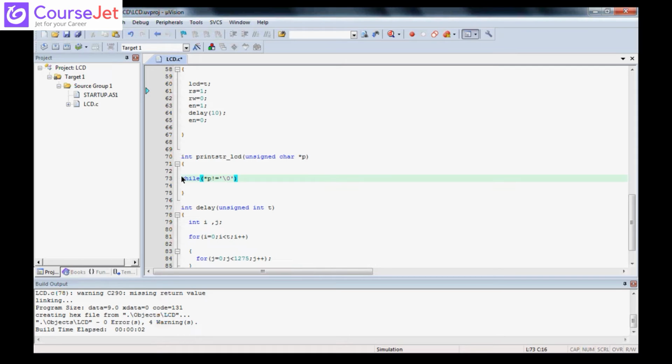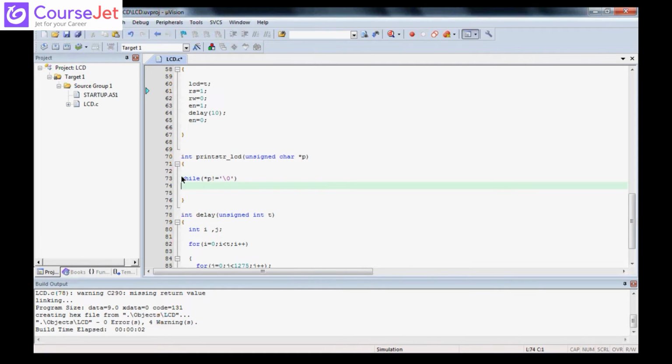Till you get the null character, your pointer p is pointing to E. E is not a null character. The null character is \0. Null character means nothing; when there are no characters left, you call it null. So if it is not a null character, what I want to do is